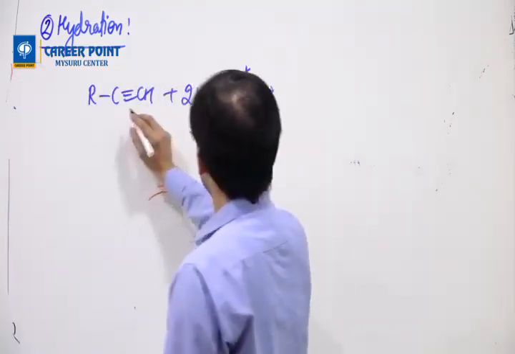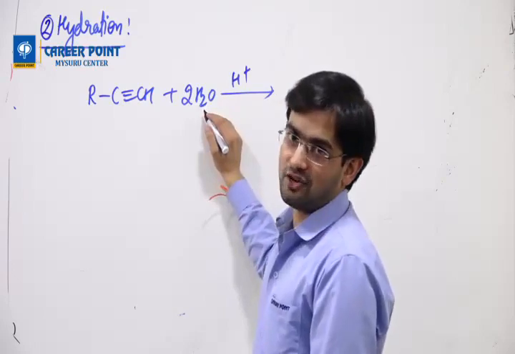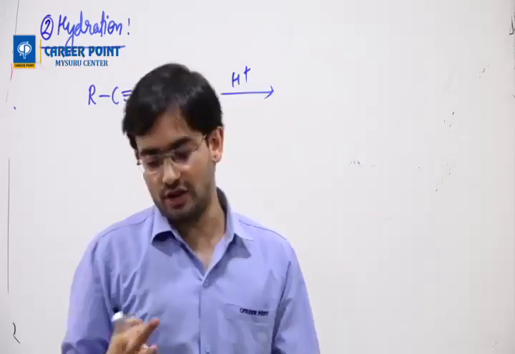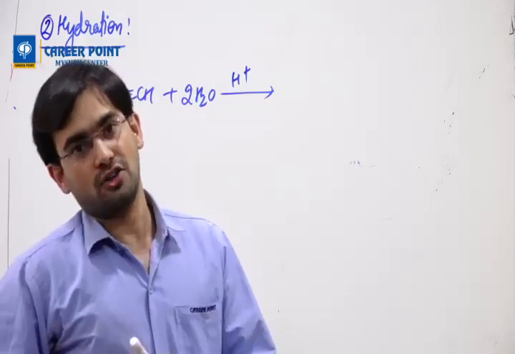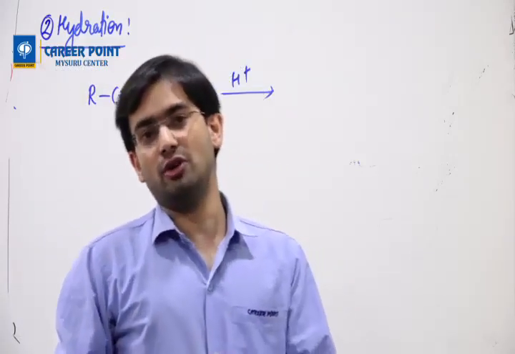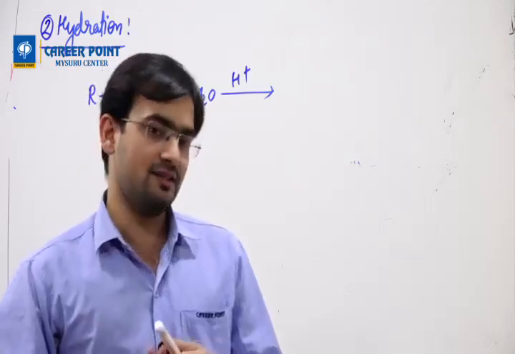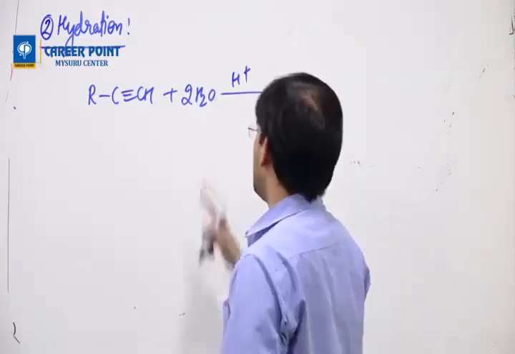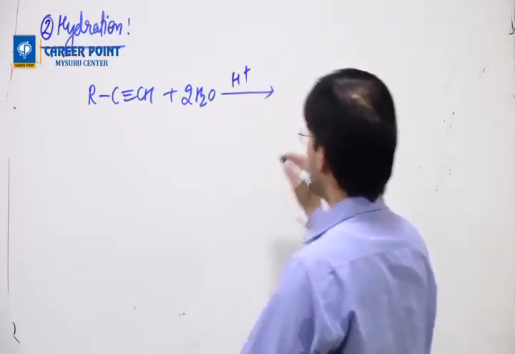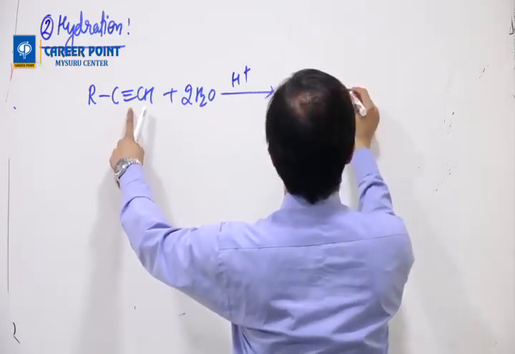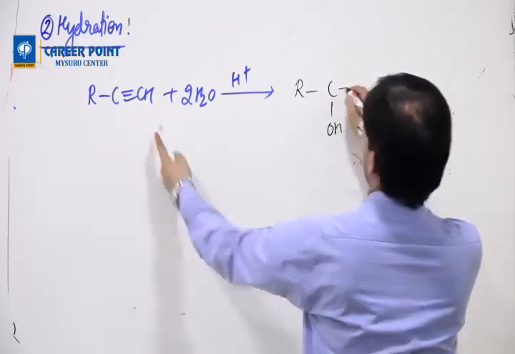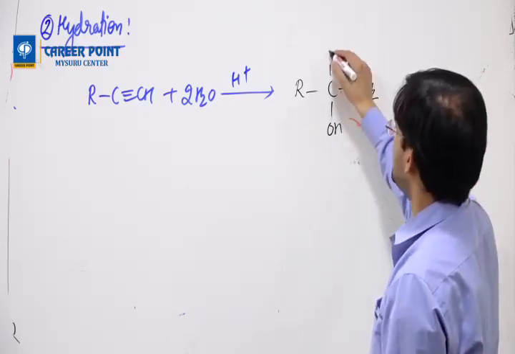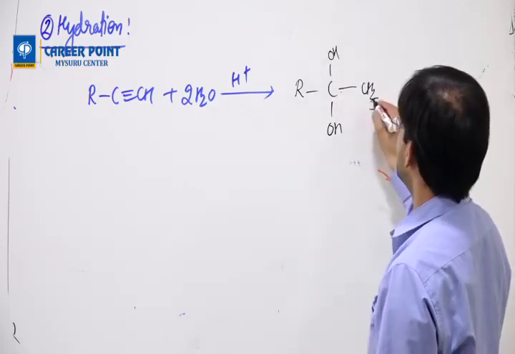So what happens is, this is acid catalyzed hydration, right? Remember, in the last class I told you 3 types of hydration: acid catalyzed hydration, oxymercuration-demercuration, and hydroboration-oxidation. In these 3 cases, this is the first one where we follow the Markovnikov rule with rearrangement. But I do it 2 times because it is an alkyne. So what we do is RC(OH)=CH2. One more pi bond I'll break, so I'll keep OH and CH3.